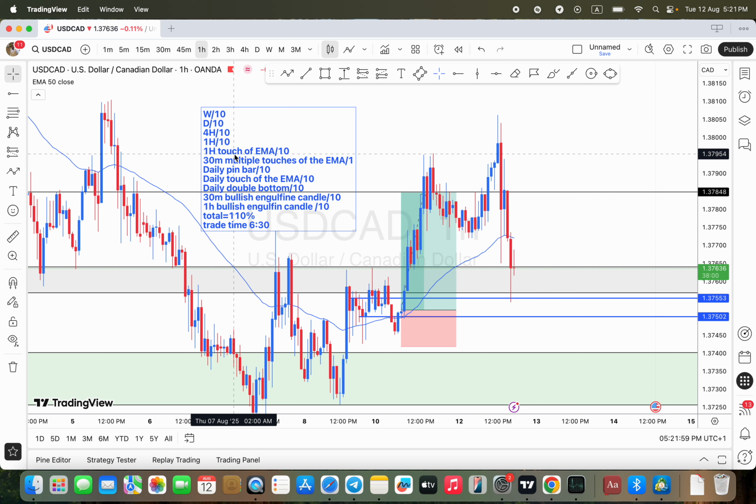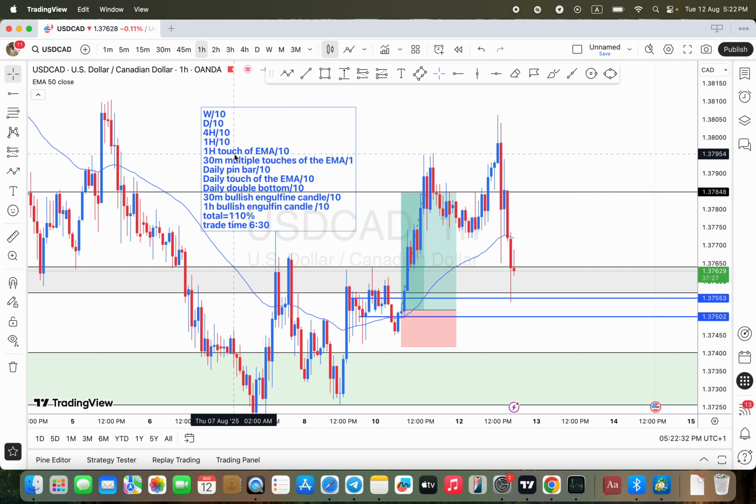I'm making it such a way that if I'm doing analysis and I'm positioning myself to take any trade, first I need to see the weekly, daily, 4 hours and 1 hour time frame to be facing the same direction. Either those 4 time frames should be facing the downside or should be facing the upside, and each of that time frame, if each of the time frame is facing any direction, I consider it as 10% of my